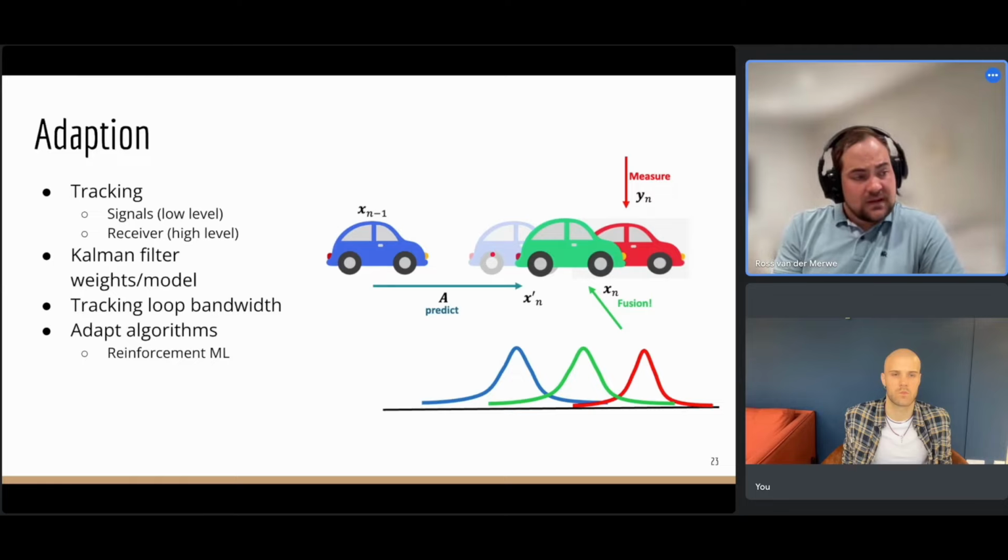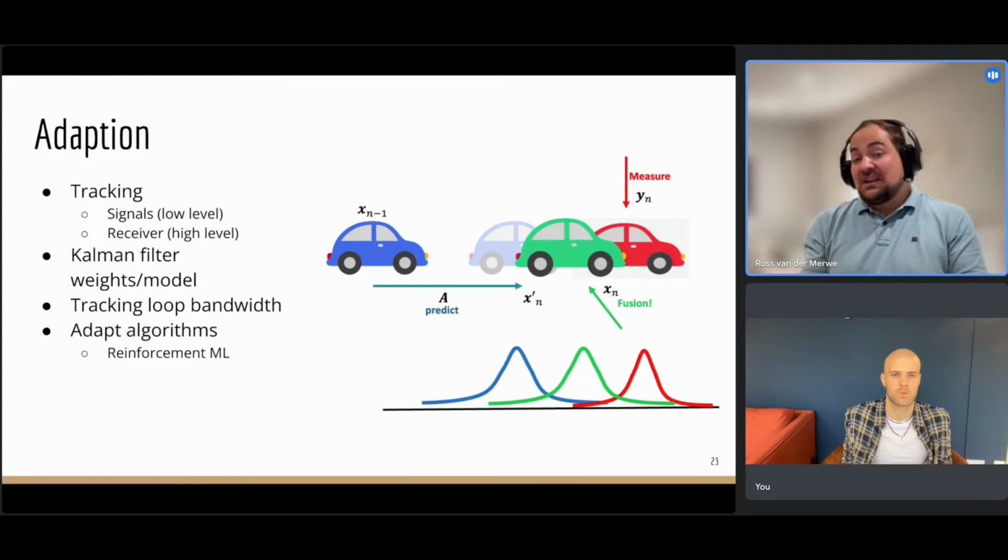Getting this a bit more in balance is one of those cases where you can do some recursive machine learning. Another option is that when you're predicting your car, you have some model in the background. If you are not moving, the best model is to predict that I'm standing where I was standing the previous time.